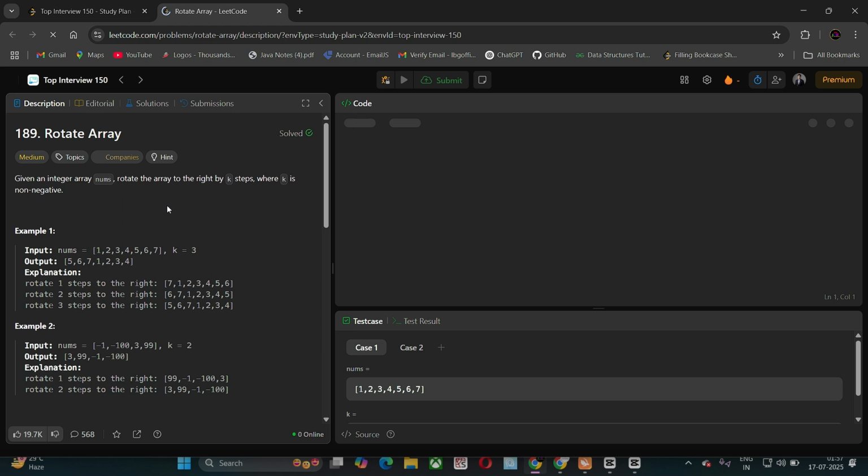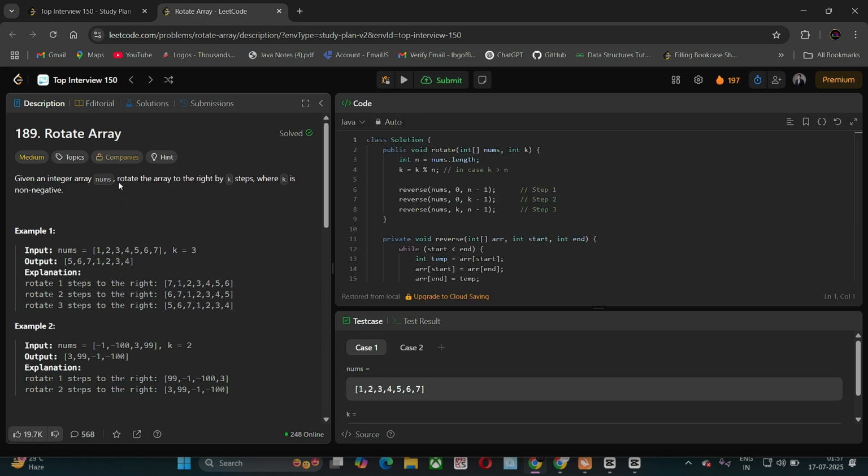So this is our problem number 189, rotate array, and this is a medium question.